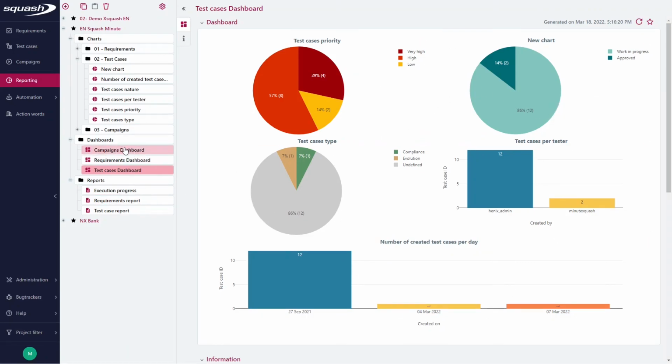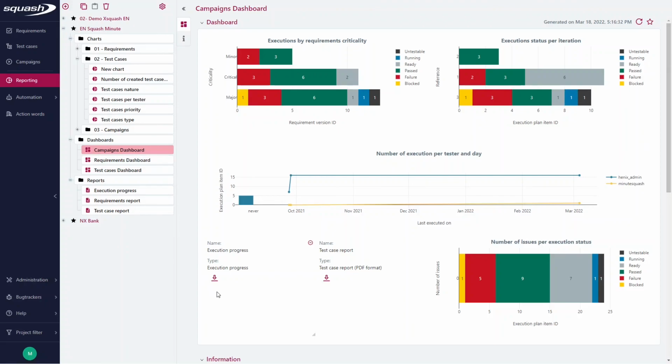Let's see another dashboard for the campaign dashboard, for instance, and you can see that reports inserted in dashboards can be directly downloaded from the dashboard. It's finally on the consultation page of a dashboard that you can add them thanks to the favorite button and display them in different spaces of Squash TM.